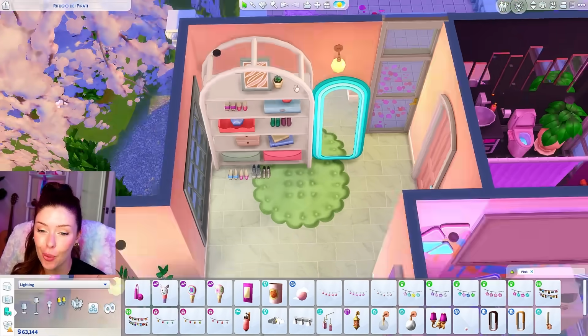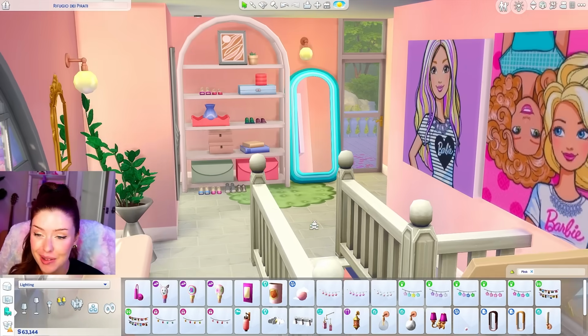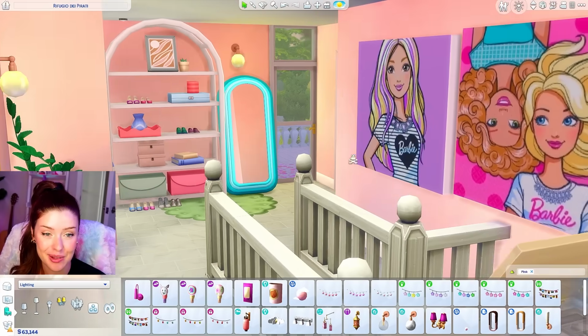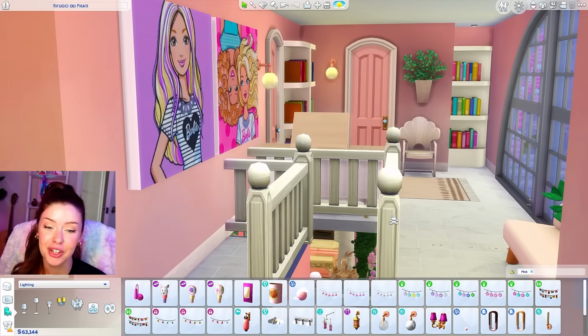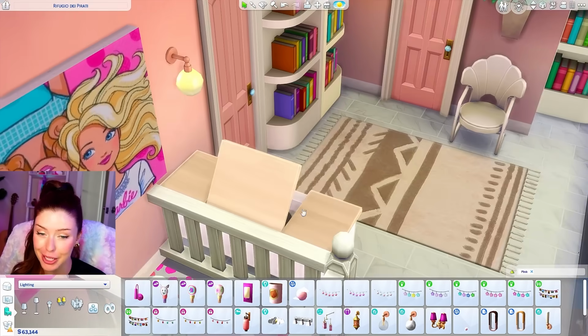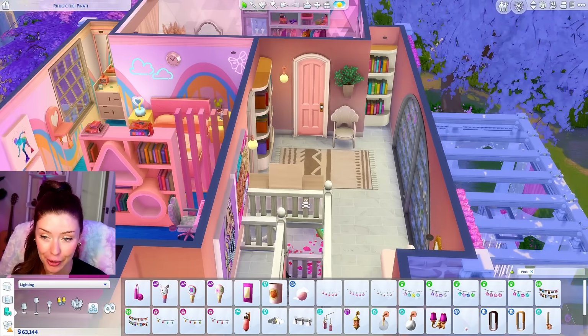And then over here in the hallway, I just tied it together with some extra little Barbie things. I added this bookshelf over here with some more shoe clutter. I added some of these pictures here of Barbie that I downloaded off the gallery. And I tried to bring in some elements from before too. So I added a record player right here. I added another mermaid chair. We've got some bookshelves over there. And overall,